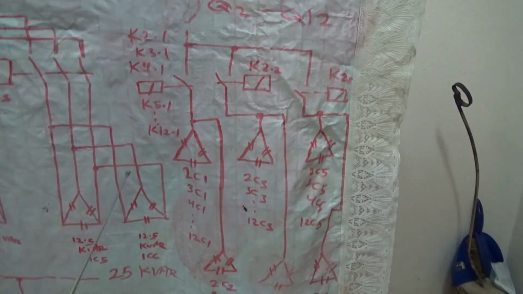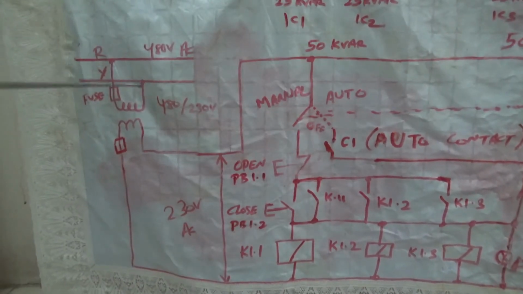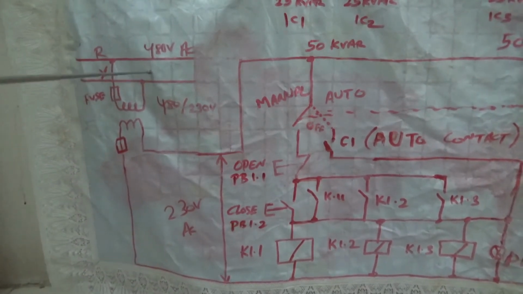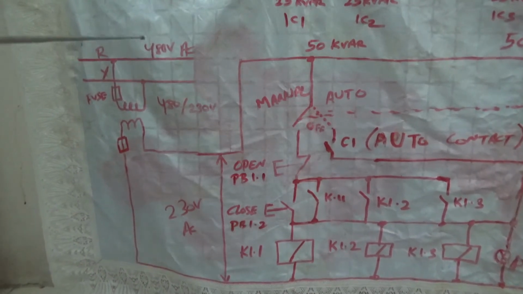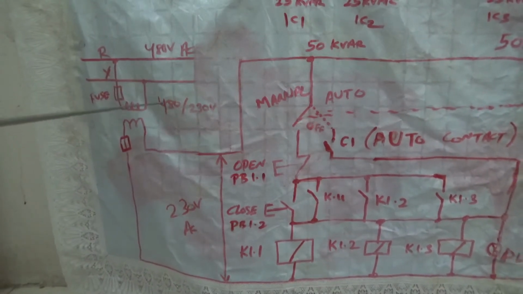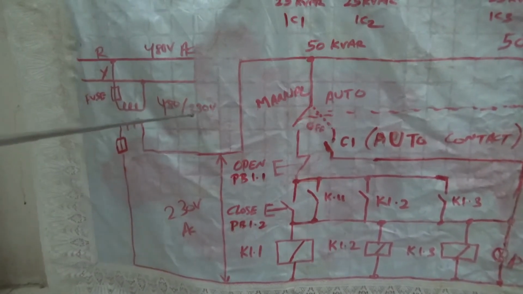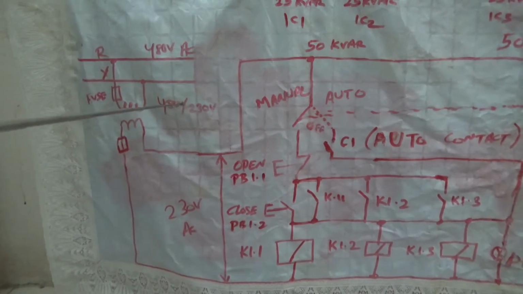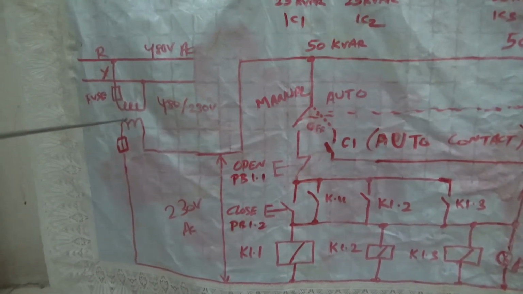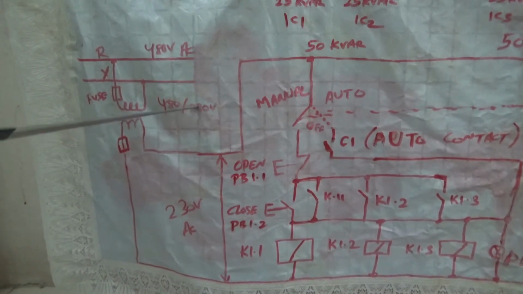Now we will switch over to the control circuit. Now, as we discussed, our system voltage is 480 volt AC. It is phase to phase 480 volt AC, and there is no neutral. We have to get one control supply voltage. We can use 230 volt or 110 volt or 24 or 48, as per requirement. So here we are considering 230 volt AC control supply. So we need to provide one control transformer for primary 480 volt and secondary 230 volt AC.